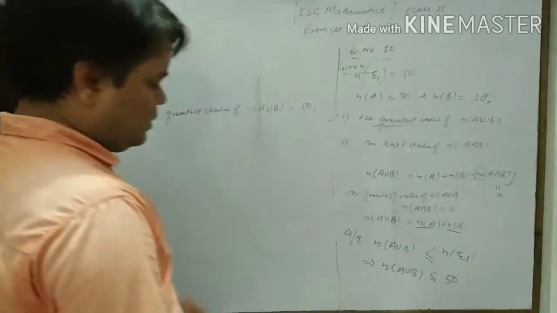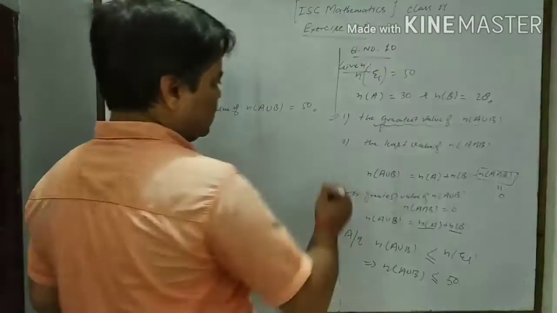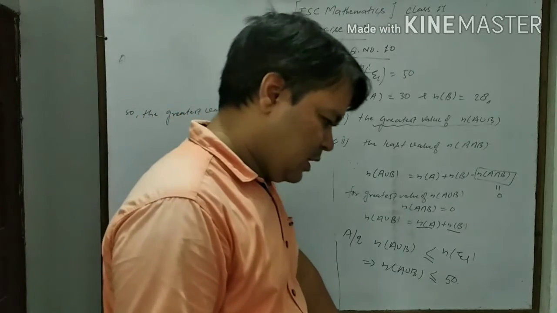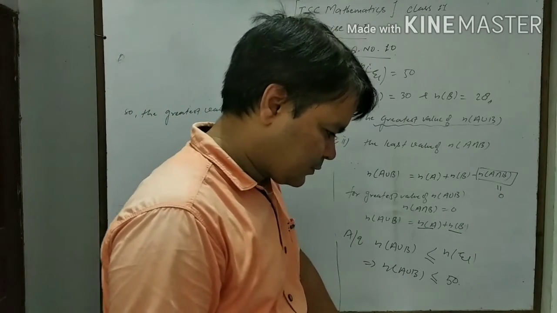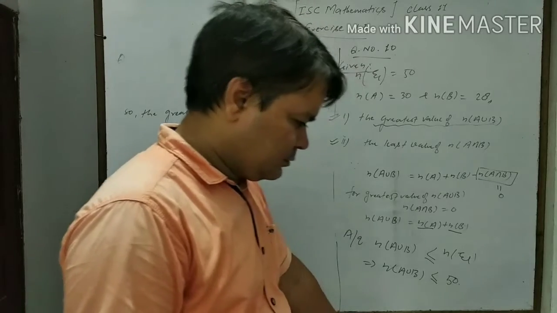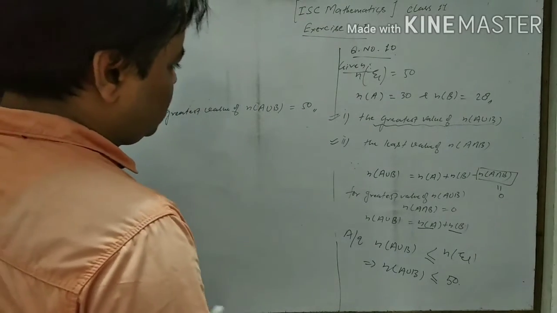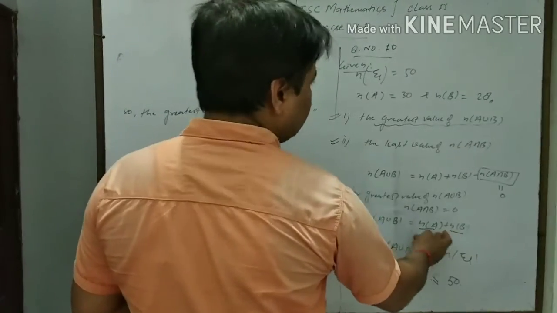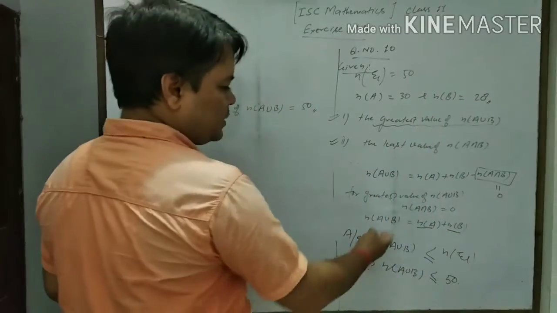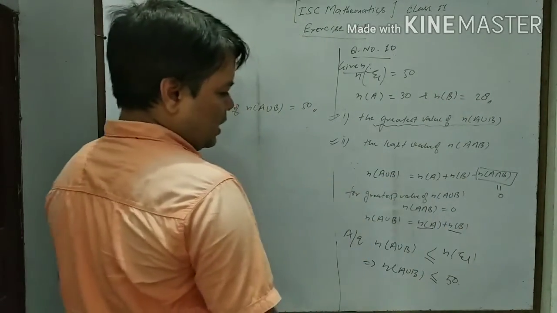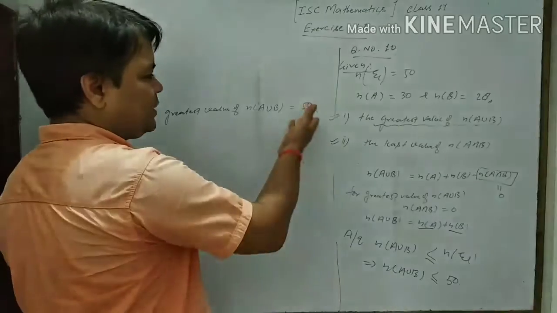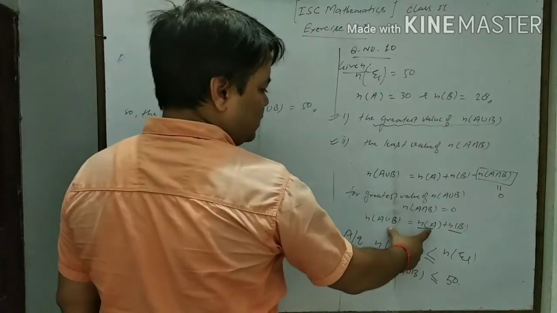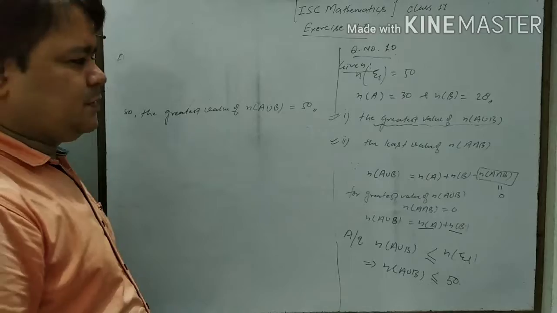Okay. Now let us see the second part, that is the least value of the cardinal number of A intersection B, the least value of this. Here we know that using the cardinal numbers of A and B, we can also find its value, either it will be the sum of these, that is 48, or it will be 50, then the greatest value will be 50 also. We can use this concept here also, but it will be at most 50, therefore the greatest value will be 50.